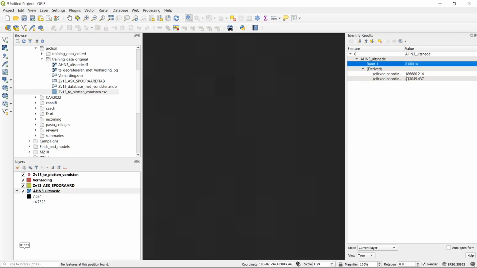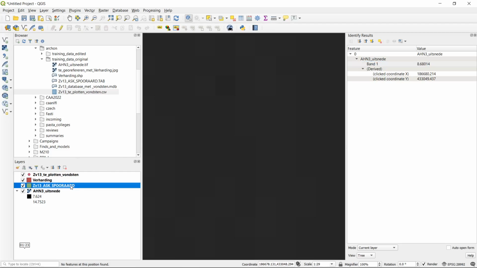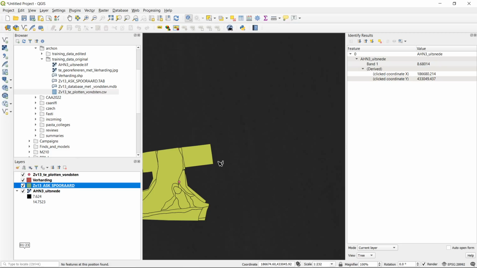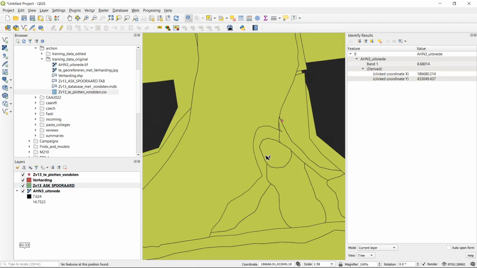Now here you see also, apart from the data directly stored in the raster, also derived data. In this case, the derived data, so this is spatial data that QGIS automatically generates from the project you're working in, and this gives us also the coordinate where we clicked. And to go back to the spoor art layer,